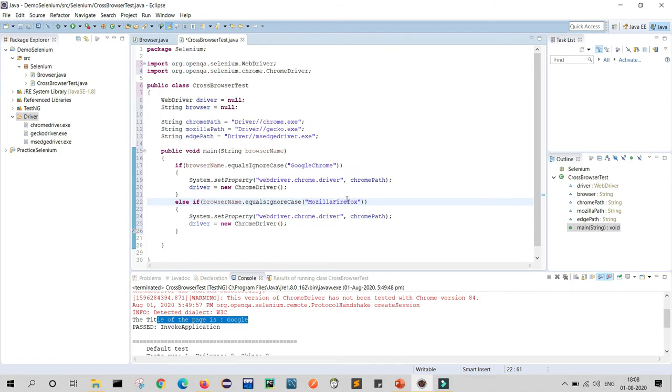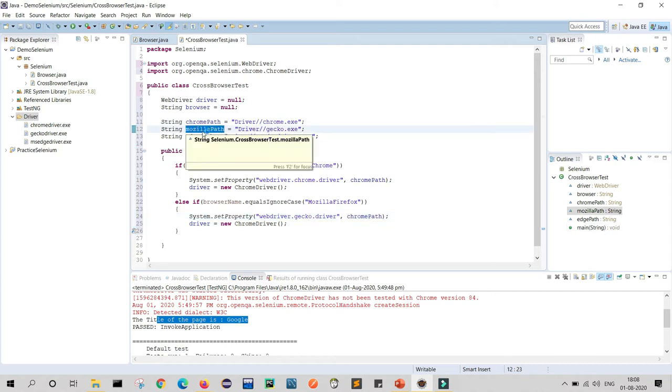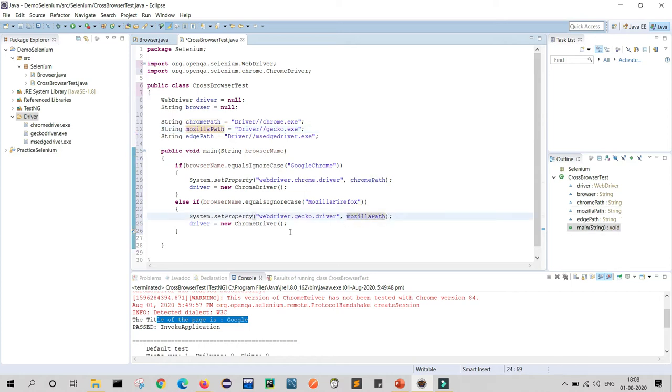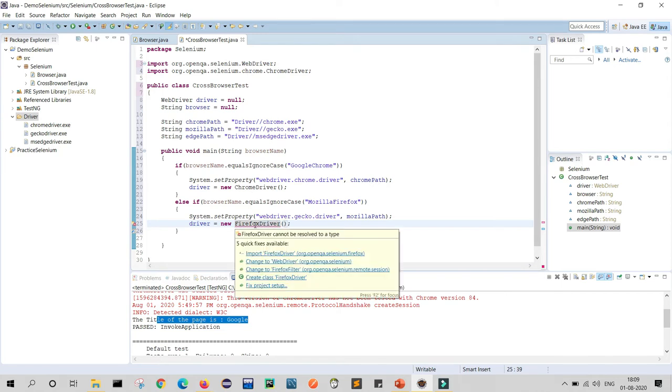If my browser is Mozilla Firefox, then my driver should be Gecko, and here Mozilla path will be found, and it will open Firefox driver. And here we will import Firefox driver.